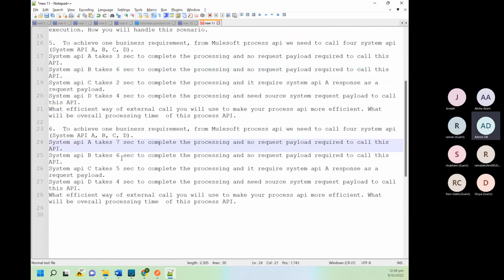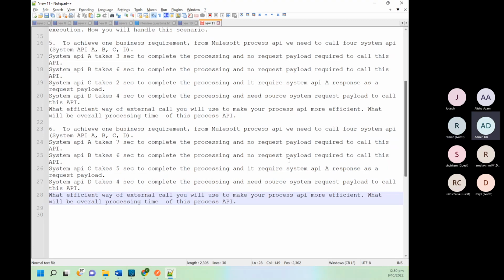Next we have 7 seconds, 6 seconds, 5 seconds, 4 seconds. But this time, to achieve the business requirement efficiently, there is no request payload needed to call this API.